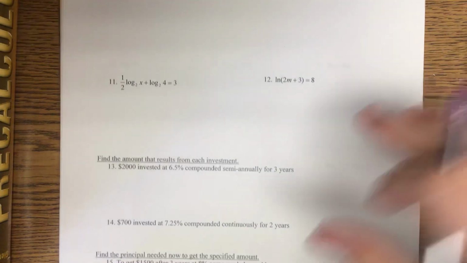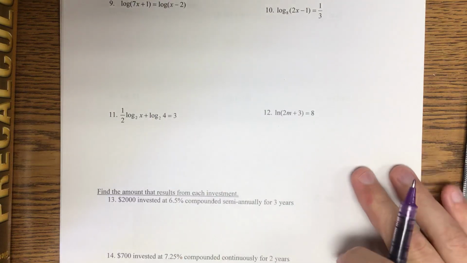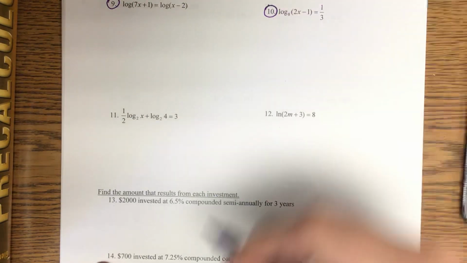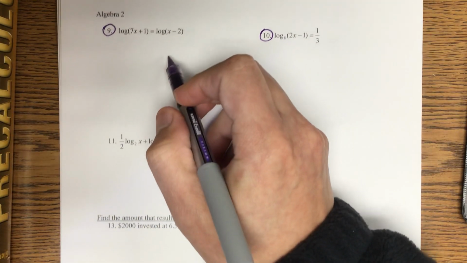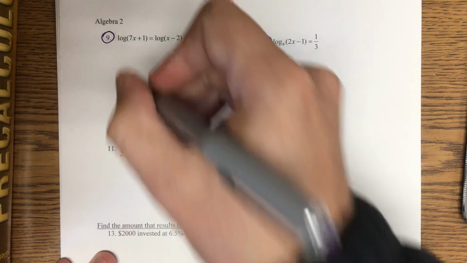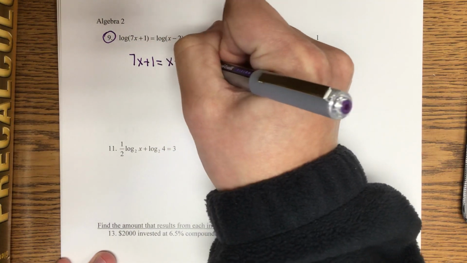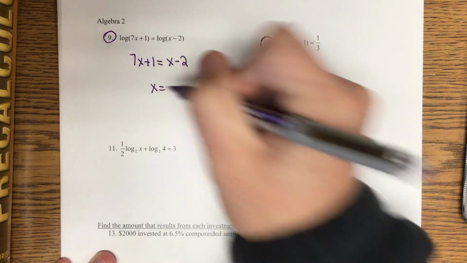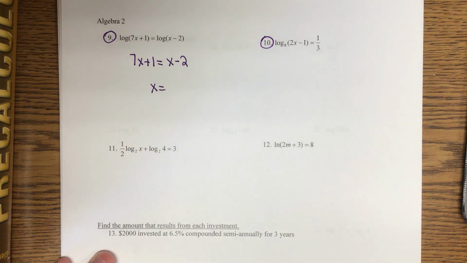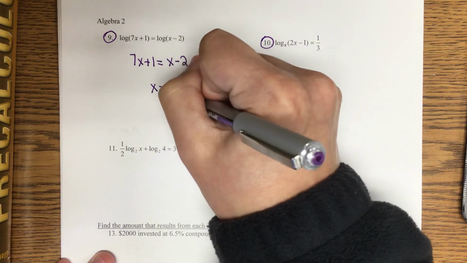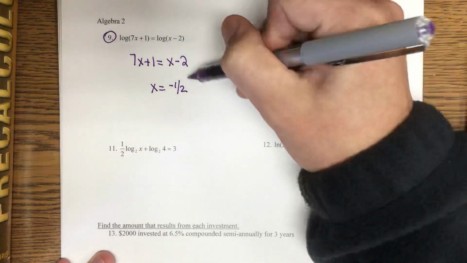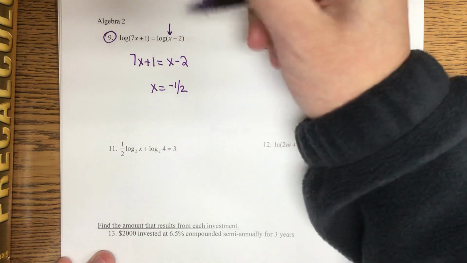The other thing that you might see is if there's already logs in the problem. So I'll work out number 9 and number 10 here. Notice the log is the same on both sides for problem number 9. So I would say 7x plus 1 equals x minus 2, and I would solve that for x. Now the hard part is I get a fraction, but it's also negative. And if you put that back in here,